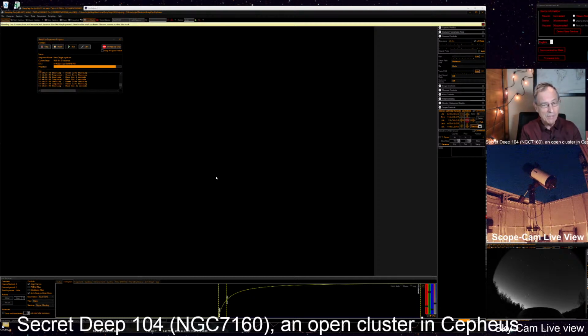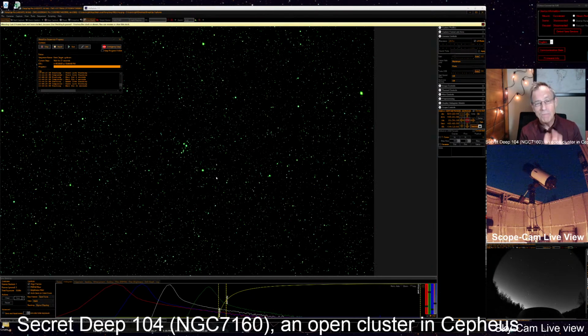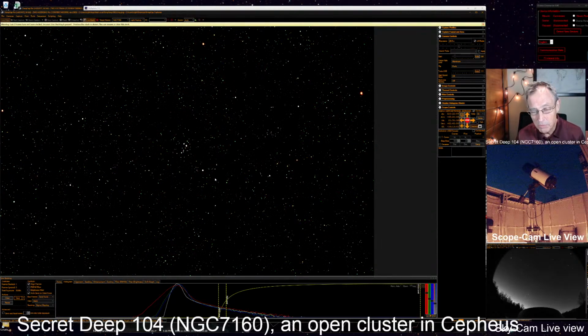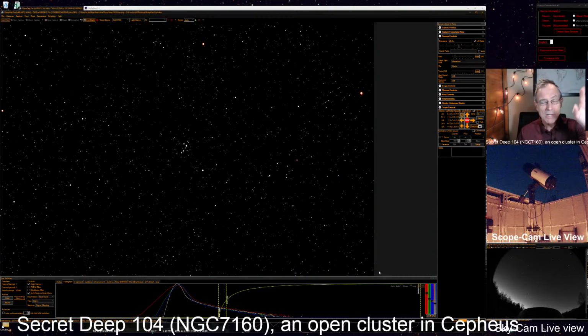I was glad to get here a half an hour early tonight so I could shoot a new set of darks and a new set of flats. And we have those set into the scope tonight. You guys know what that does. The darks take out maybe the bad pixels, to keep them from interrupting our view. And then the flats